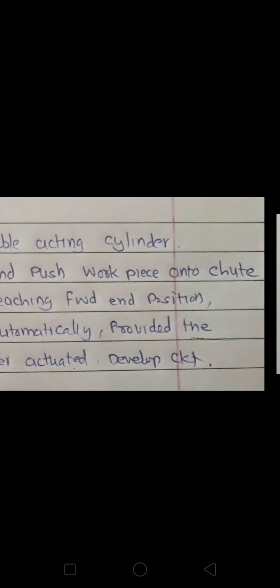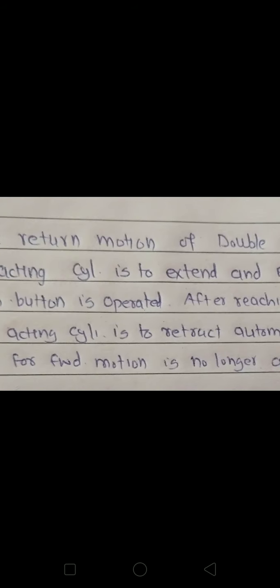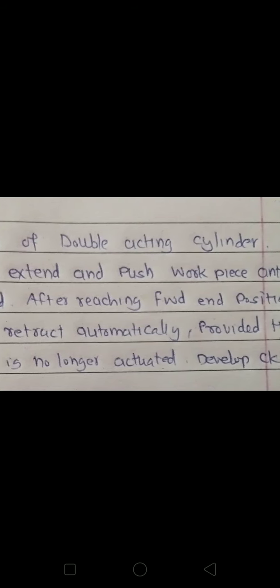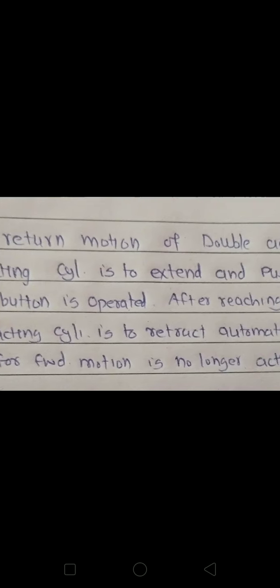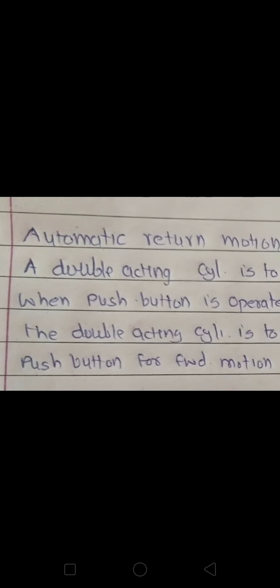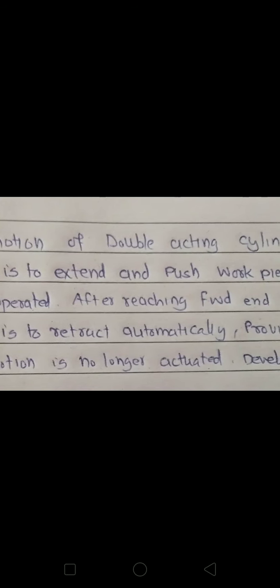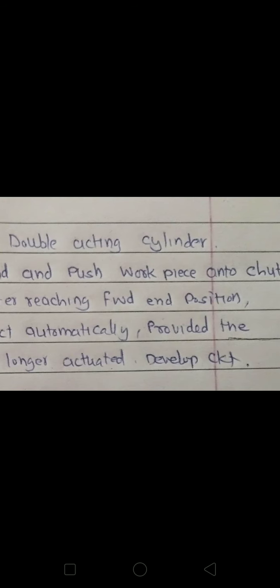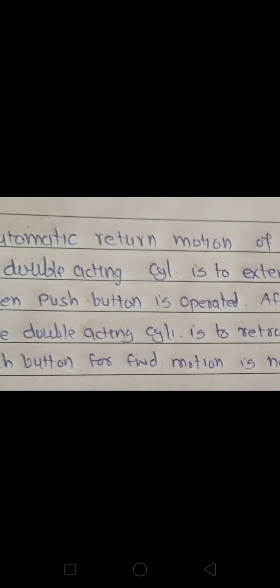So when the push button is operated, after reaching the forward end position, the double acting cylinder is to retract automatically, provided the push button for the forward motion is no longer actuated.